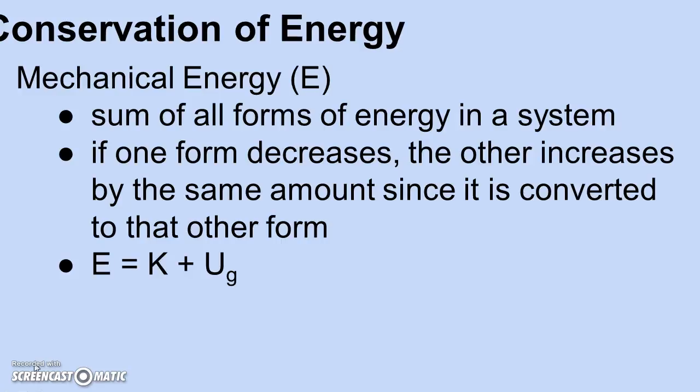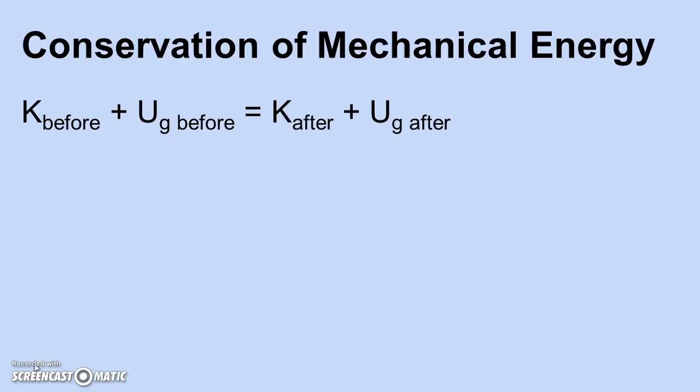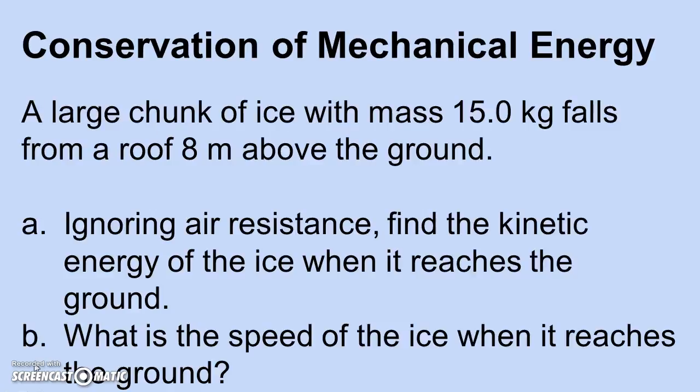So we can say that total energy, E, is equal to the kinetic energy plus the gravitational potential energy, U sub G. Conservation of mechanical energy is said to be kinetic before plus potential of gravity before equals kinetic after plus gravitational after. Imagine